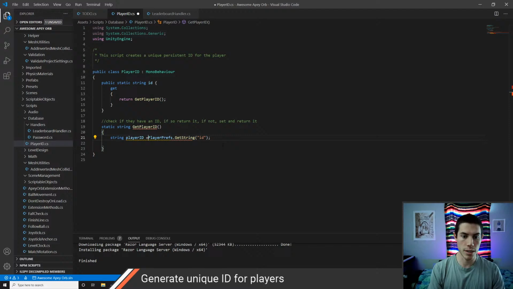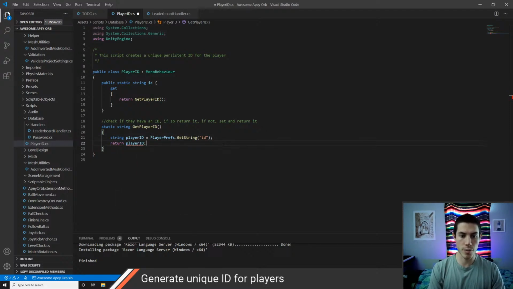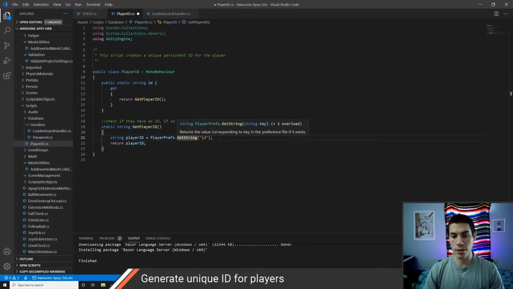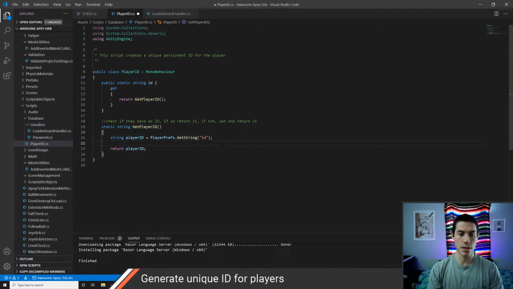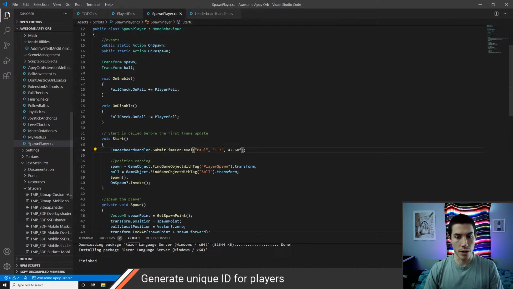String player ID equals this, return player ID. So this would be assuming that they had already set it. And so basically, we need to figure out what happens here if there's no player preference already set. Does it throw an error, or does it just make this player ID null? So that's what we'll need to check. So we'll go ahead and debug log the player ID, and then let's just go into, I don't know, spawn player, random, yeah, just a totally random